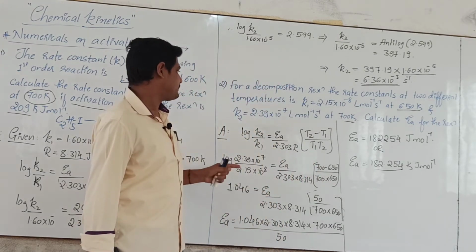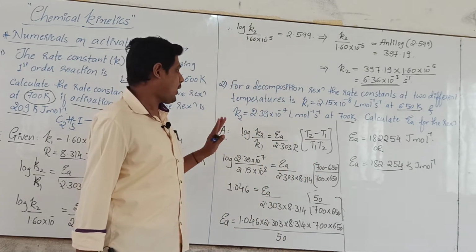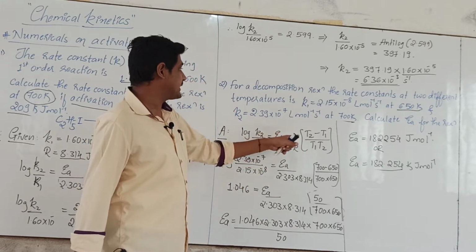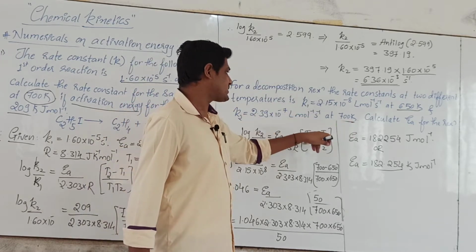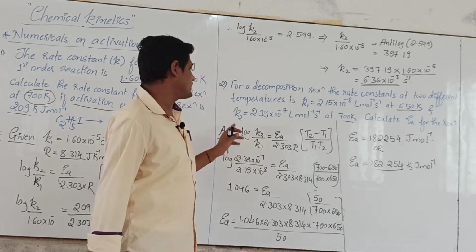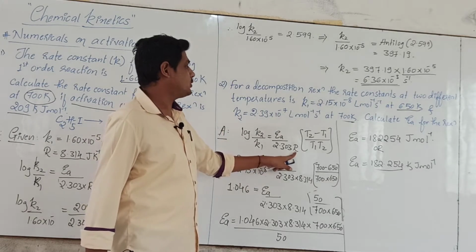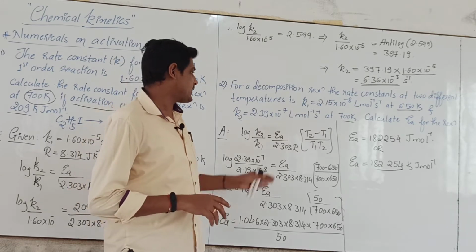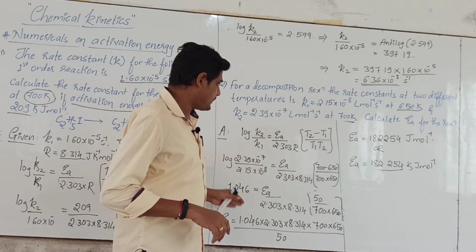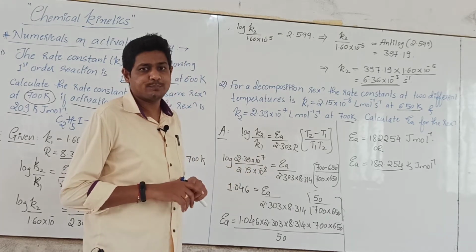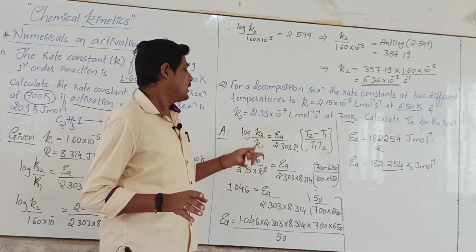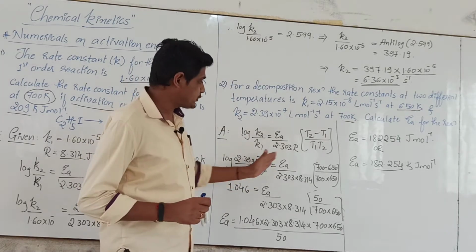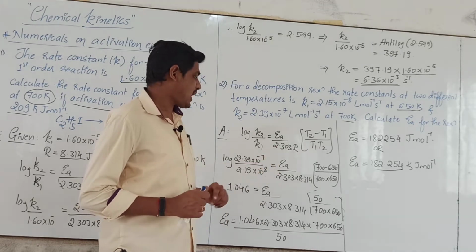So again this is the formula that we will be using. Except for the activation energy, everything has been given. T2 is 700 Kelvin. T1 is 650 Kelvin, and K1 and K2 they have given you. The R value we know. What is the gas constant? 8.314 joules per Kelvin per mole. So that we have substituted. Everything is given again, so it is a simple mathematical equation. If we solve that we will get the activation energy for the reaction. So here I have substituted the values, and the activation energy I have to calculate.